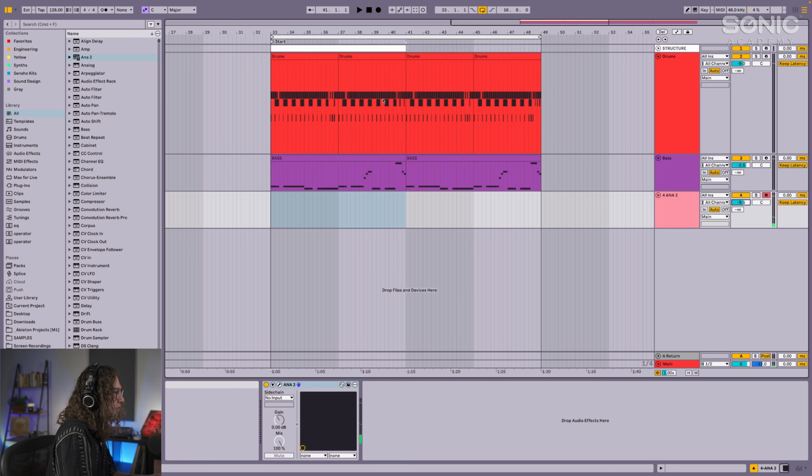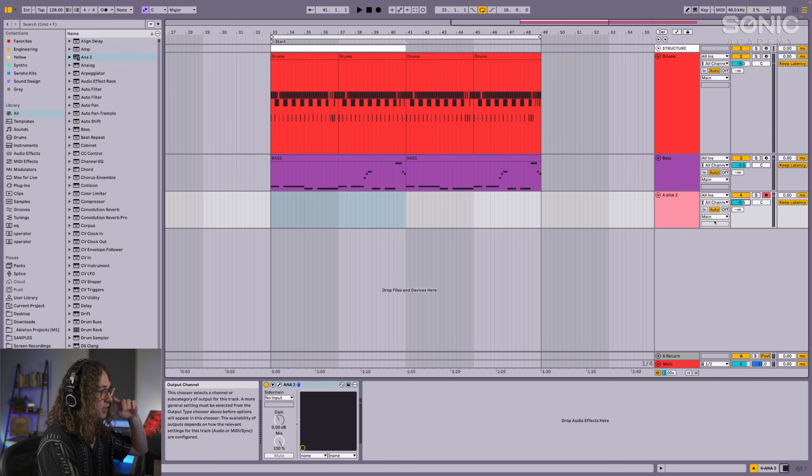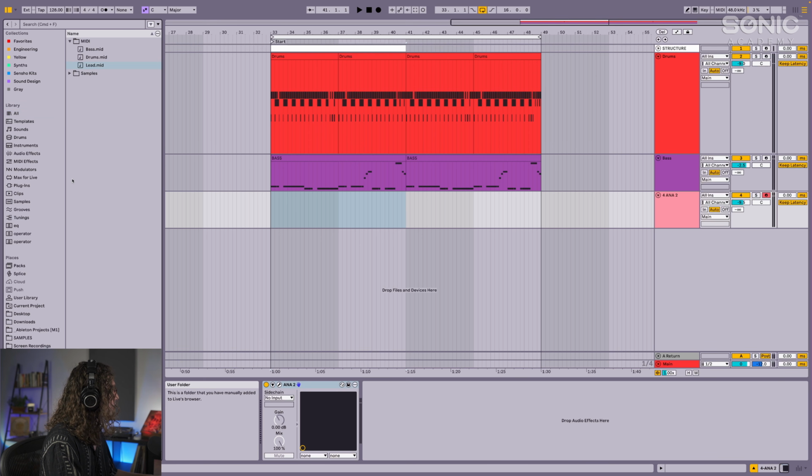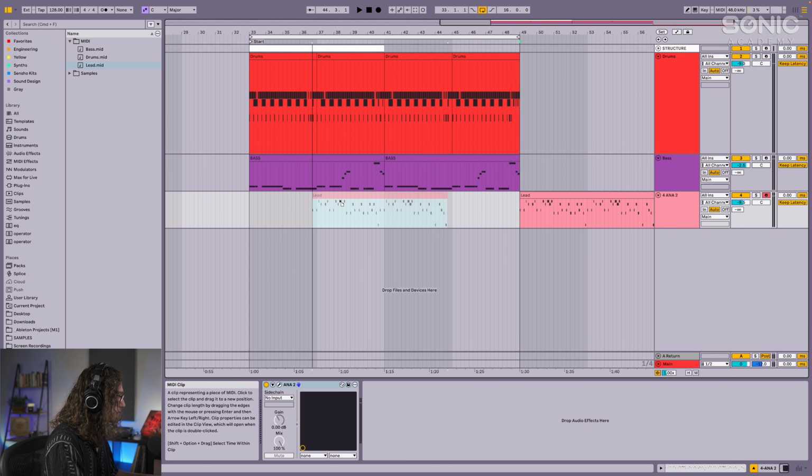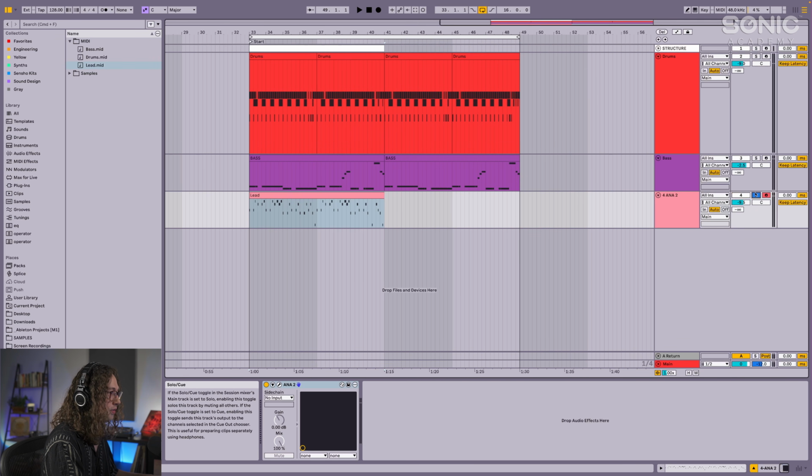So what we want to do is add in our melody. And by the way, I will have all of the presets and everything included in the assets so that you guys can just pull it in right away. But if you want to learn how the sounds were made and how you can apply them to other creations that you have, we can do that as well in these videos. So I'm going to pull open our lead here, and this is kind of what I want it to sound like. So if I solo this,